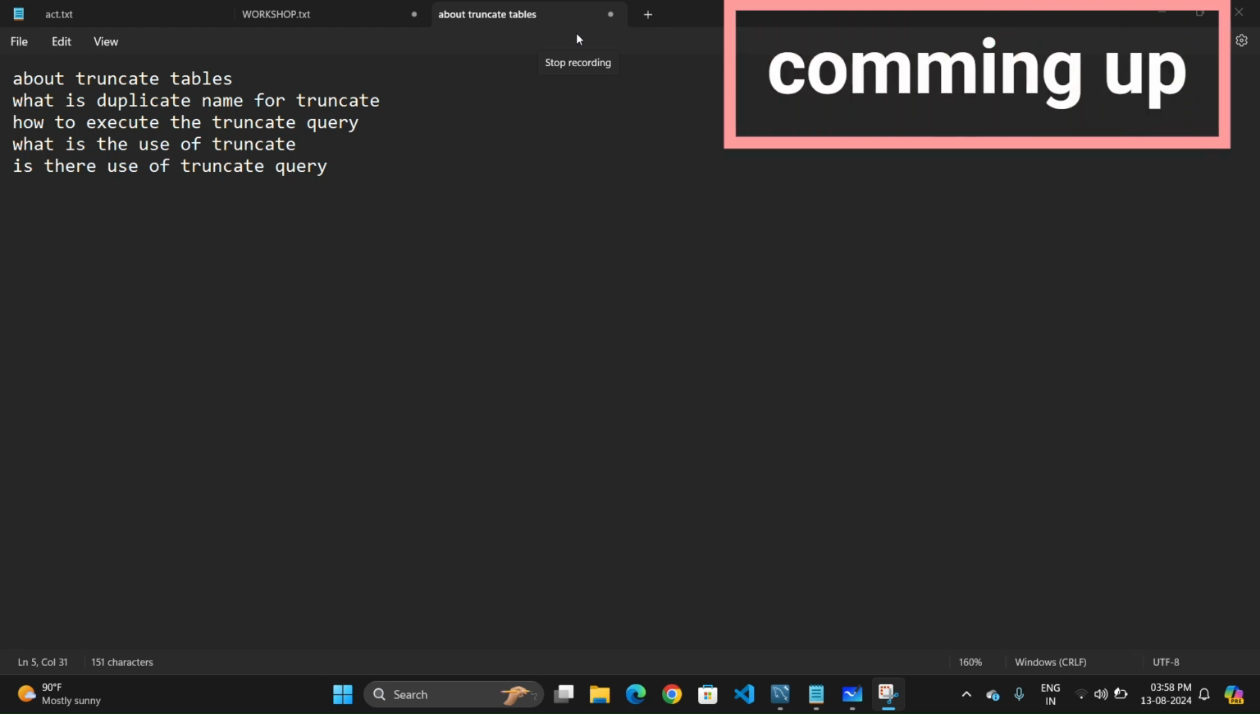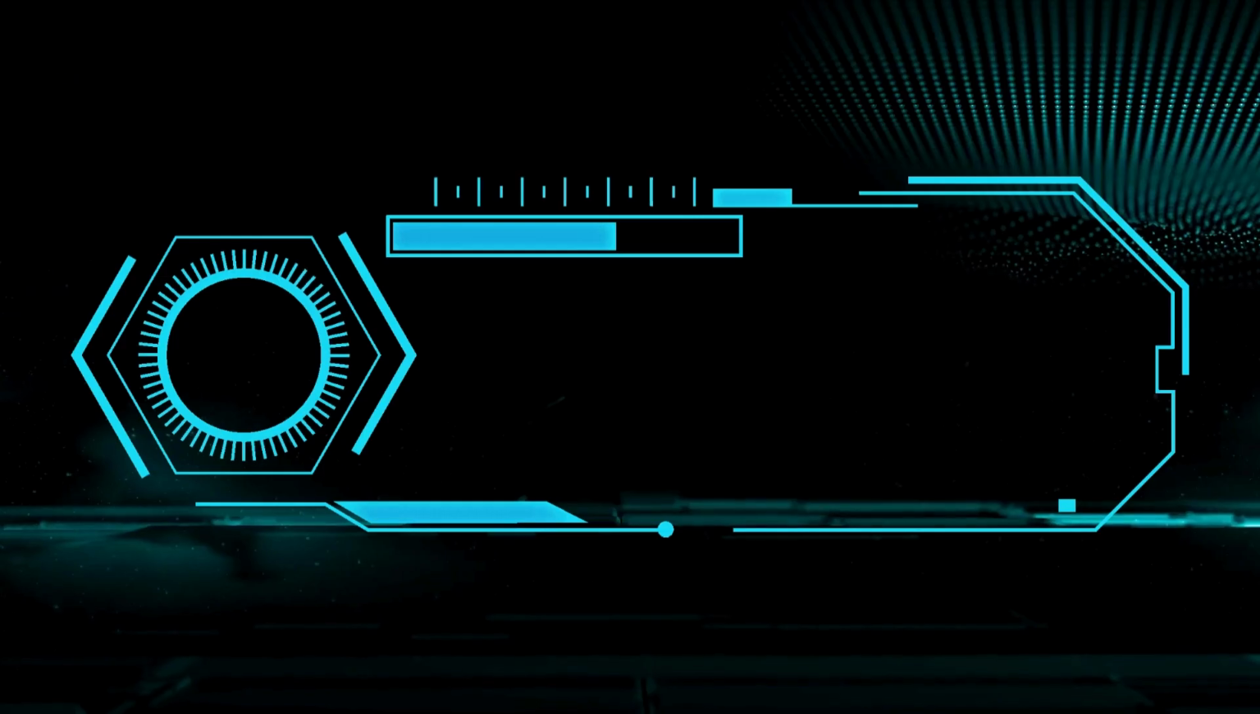To see all about truncate tables, what is the duplicate name for truncate, how to execute the truncate query, what is the use of truncate, is there any use of the truncate query? अरे भाई आखिर ये ट्रंकेट होता क्या है भाई, सब कुछ बताएगा तुम्हारा भाई, वीडियो अंत तक जरूर देखना।